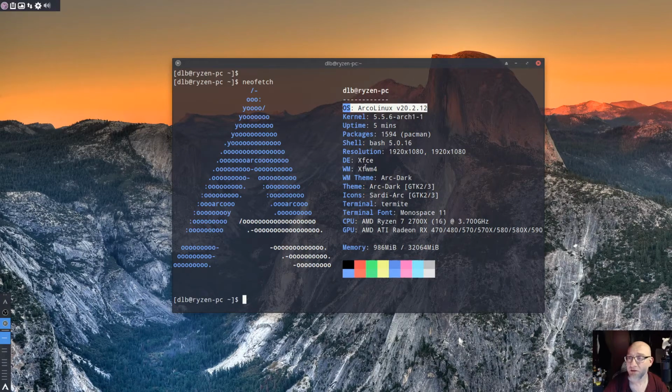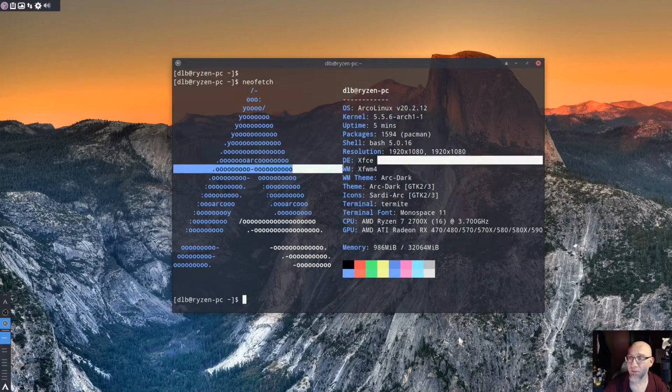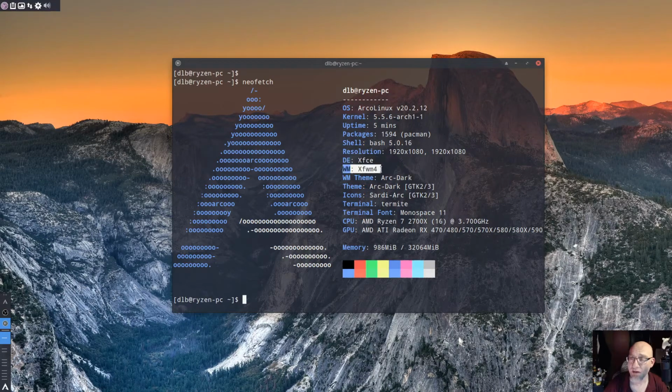But my window manager is XFCE. My DE is XFCE in this one. There's my window manager, my theme. This is what I got going on here. And when I installed it, I ticked a lot of boxes to install a bunch of software. Now, normally I don't do that, but I really wanted to see what kind of software was available if I ticked a whole bunch of the boxes in the install process. And I'm going to run through the install process in another video in a virtual machine, only because I've already done some tweaking on this thing.